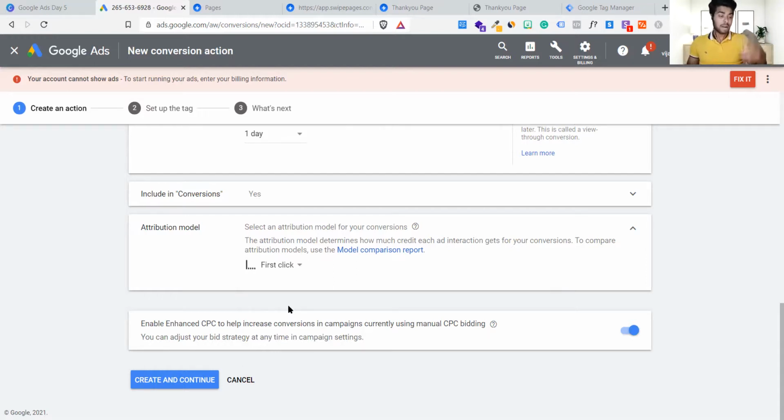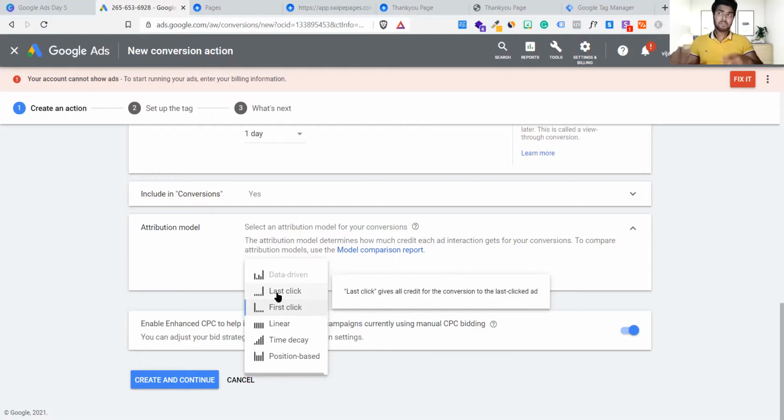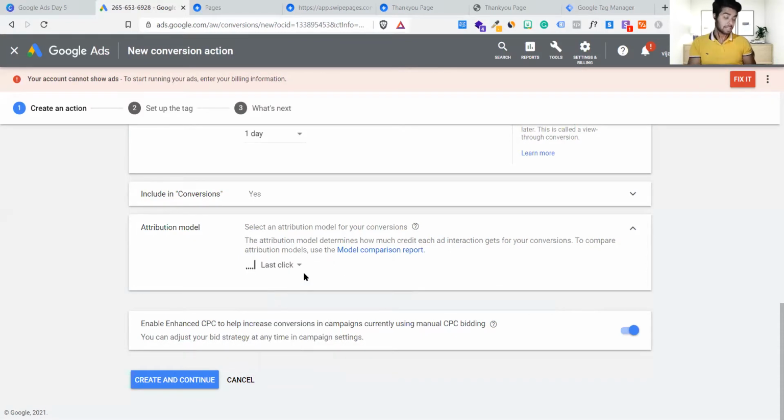Just because of my brand value they got converted from the very first time I showed them an advertisement. But with leads, people can click multiple times and they can forget you easily. The moment they give you a lead, like they signed up for a form, that is when they got converted, and you should track it as last click.